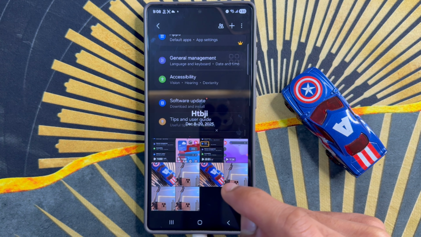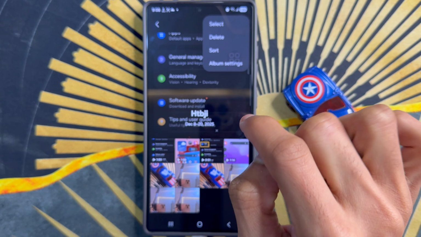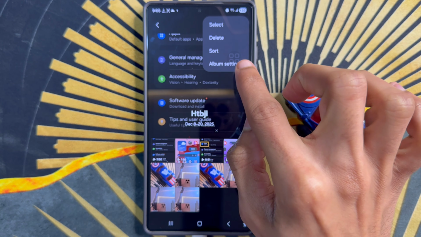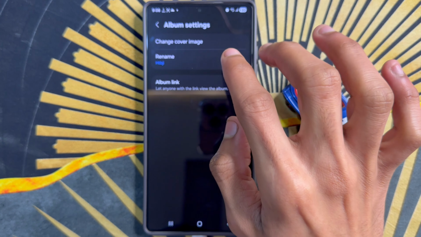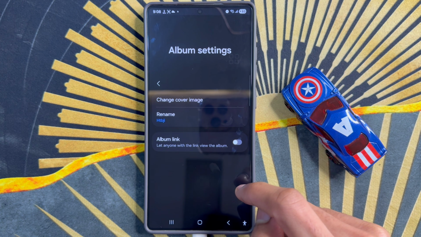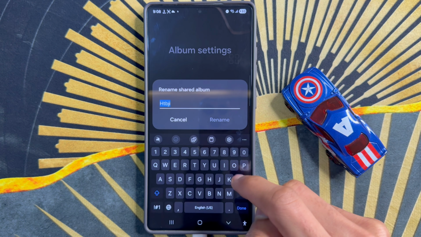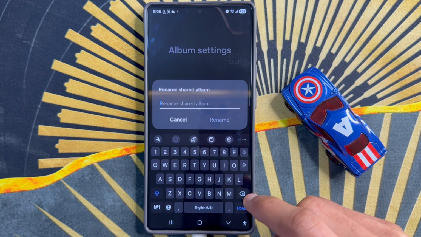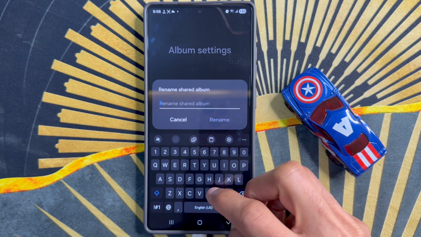So if you want to rename an album, click on this three dot icon and click on album settings. After clicking on album settings, if you want to rename, click on rename. Delete the name and enter your new name